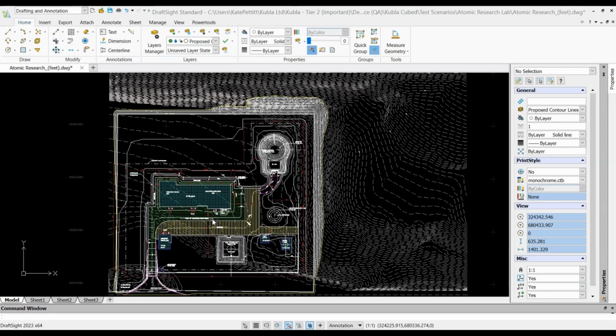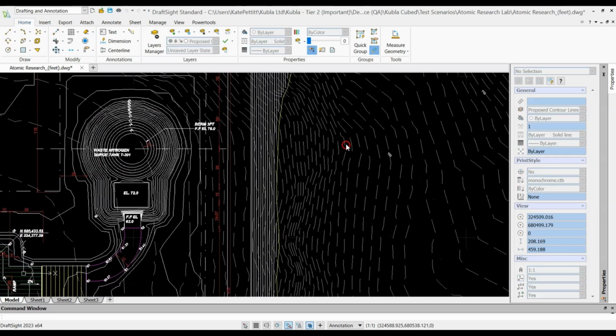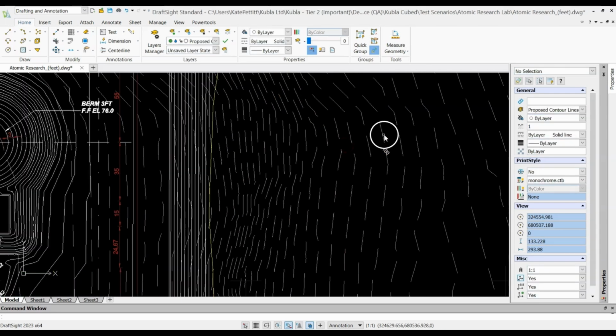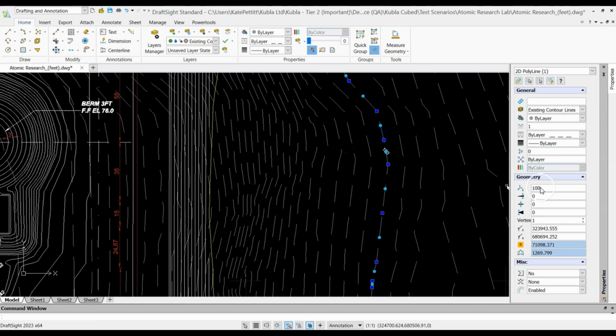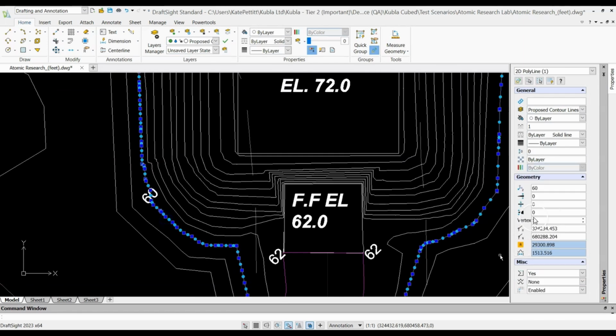Okay, so it's a good idea to begin by opening the CAD file to assess its setup. This step is optional, but for those using a CAD application, it's highly recommended. So you can check that the existing and proposed contours have the correct Z elevations. So this one, for example, is 100 and it's set to 100 in the Z value. And then we can do the same for the existing. So this one is 60 and we can see that that one has a Z value of 60 also.